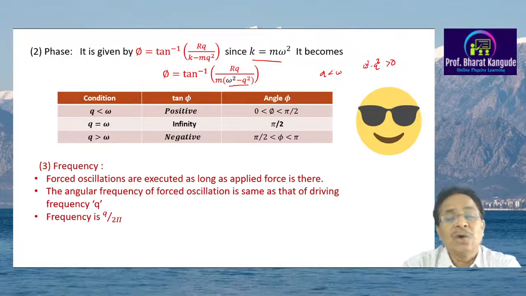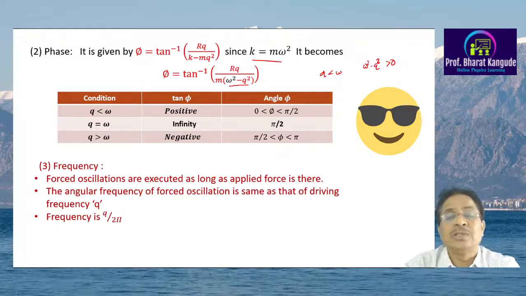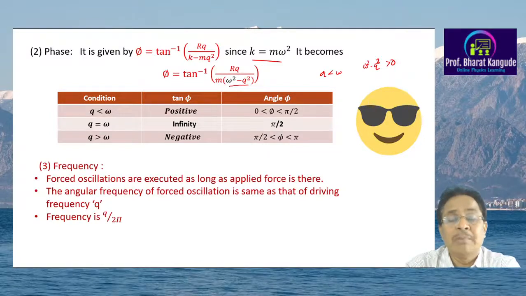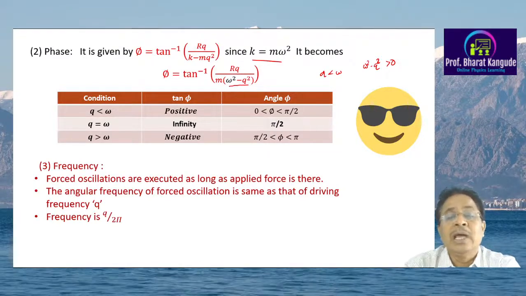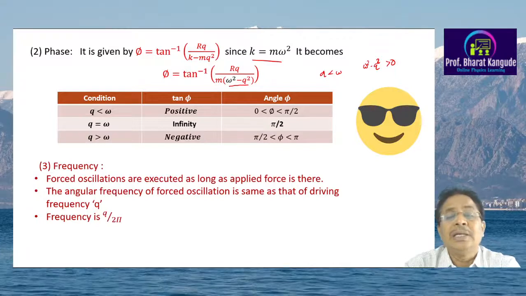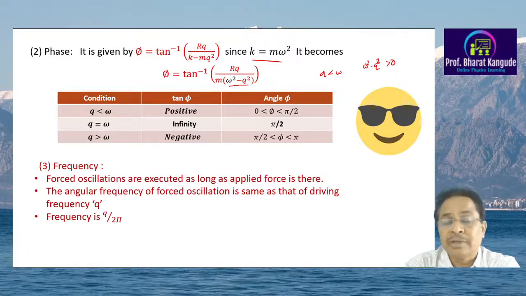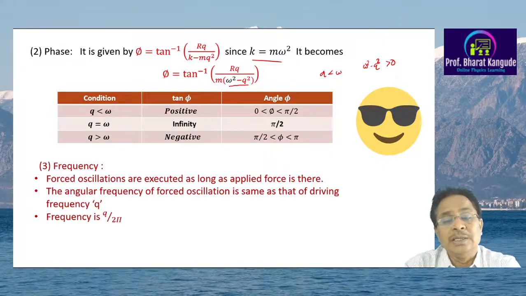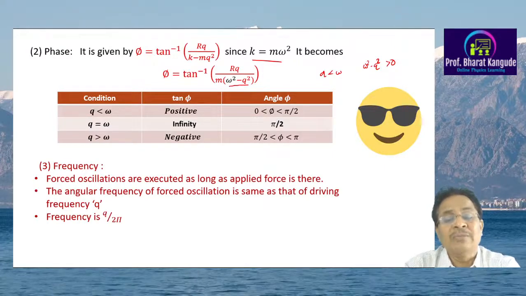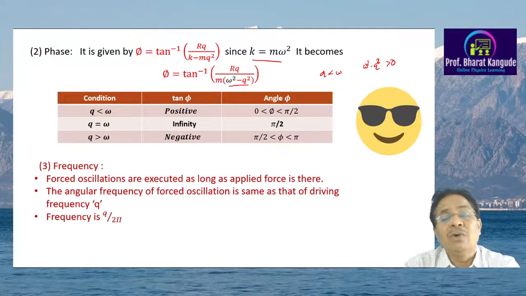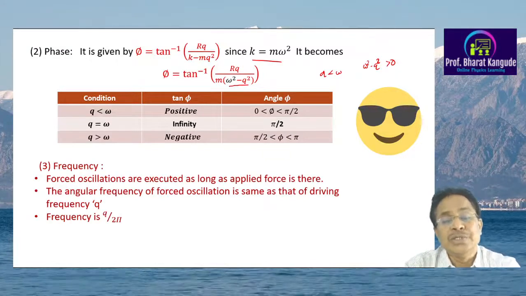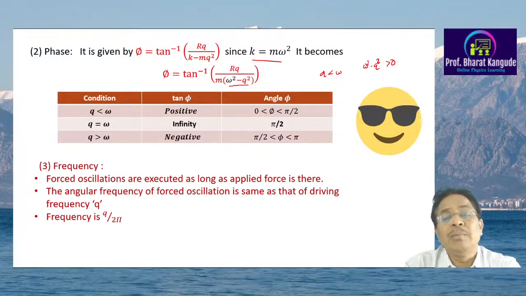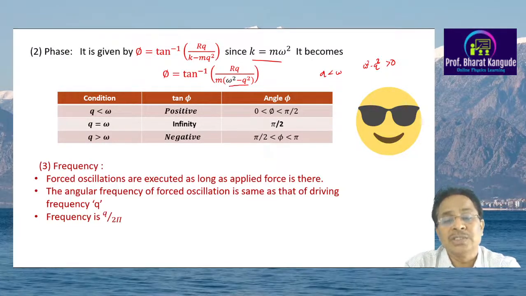So the phase of such a forced oscillator will be decided by r, that is the damping coefficient, by q, that is the driving frequency, by m, and also by the natural frequency of this type of oscillator. So these 4 parameters decide the value of tan phi, which is going to be positive, and the value of phi in this case will be between 0 and twice pi. So it will be minimum 0, maximum it will be pi by 2. That is one case here, a special case.